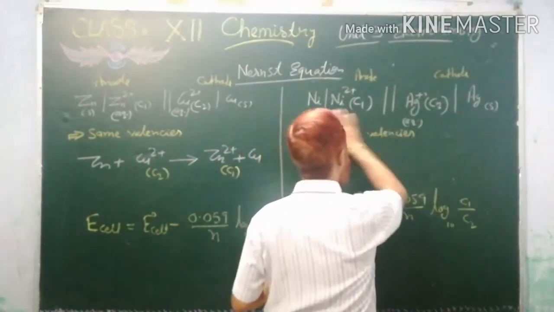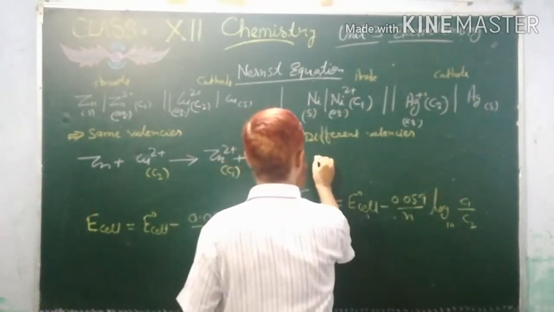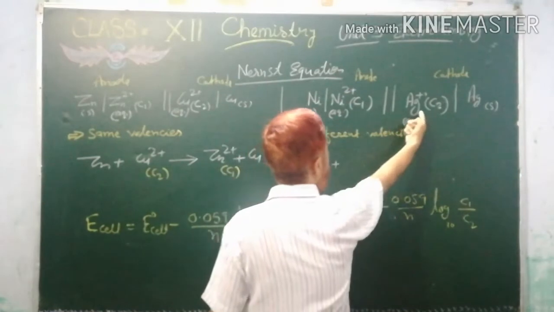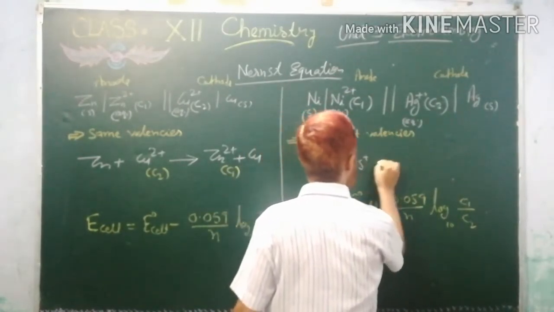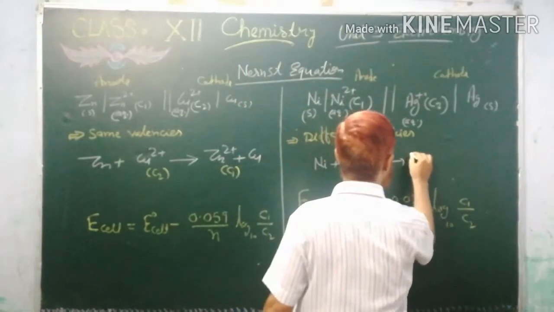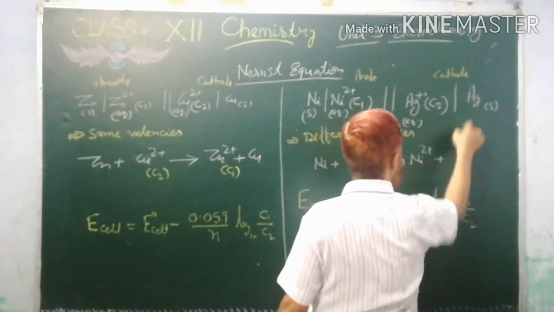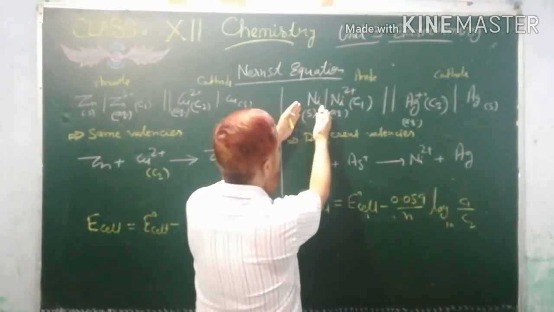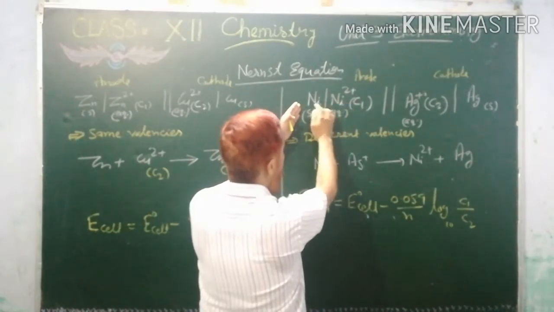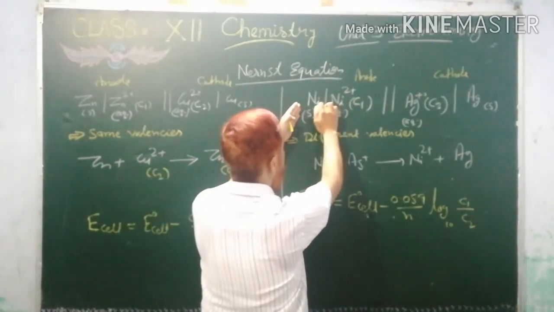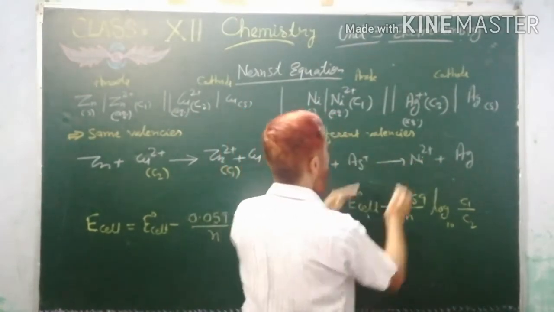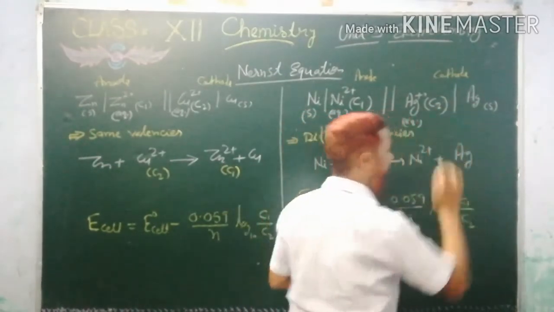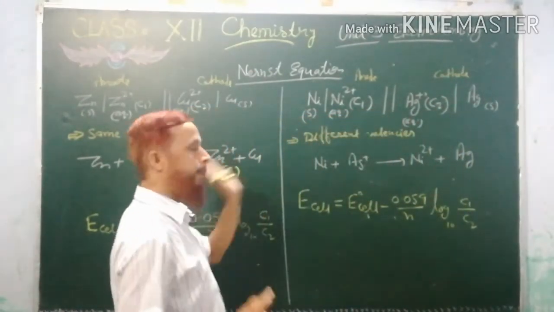If we write the cell reaction, as I told, you write the cathode system as Ni plus Ag plus on this side, and Ni will change into Ni2 plus, so its product will be on this side, and plus silver will be here. This is the left electrode and this is the right electrode. This is the product and this is the reactant. The reactant will come on the reactant side and the product will remain on the product side. Simple concept. In both we have applied the same.